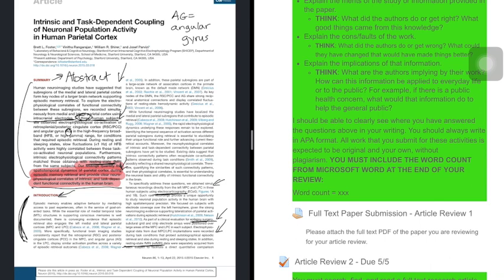So if you have any questions, email me. And hopefully this helped you work through a little bit more difficult article than you're probably used to, and also gave you a little bit of a head start on the sleeping brain section and this particular article that you'll be reading. So if you have any questions, let me